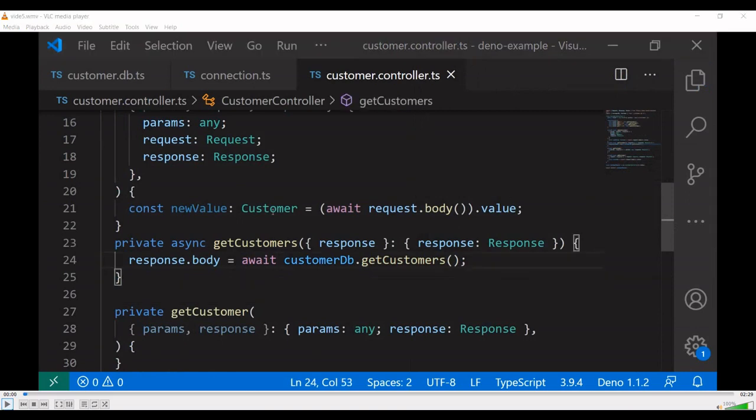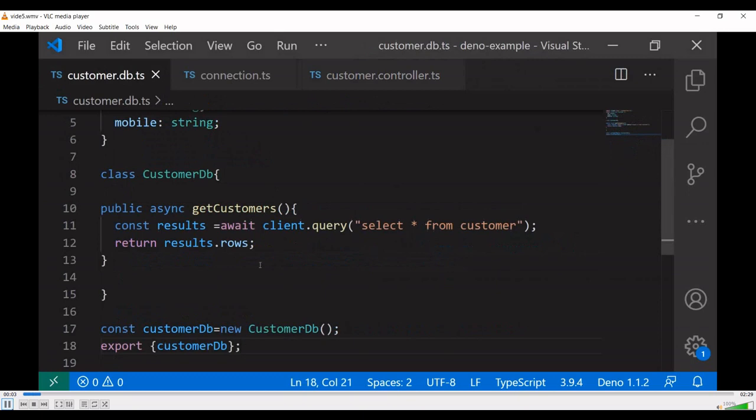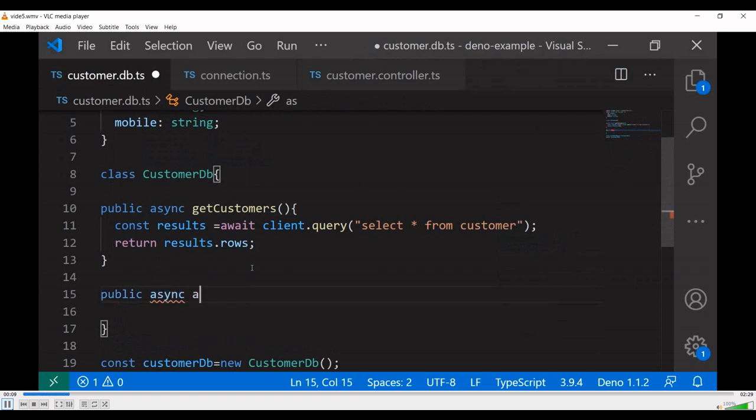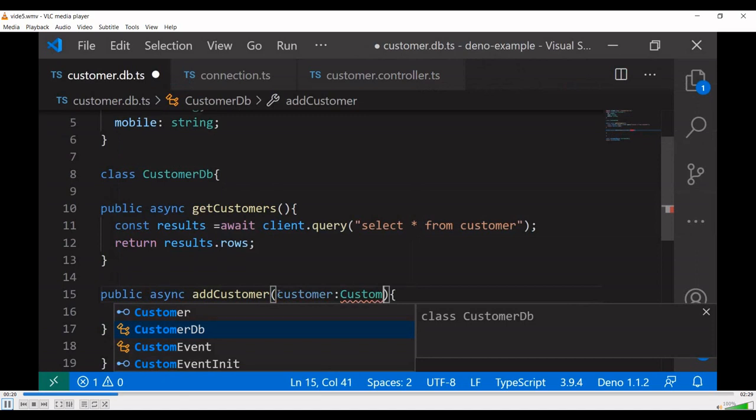Let's create the add method as well. So next, we can create the add customer. The ID is the auto generated number. The object will be customer.